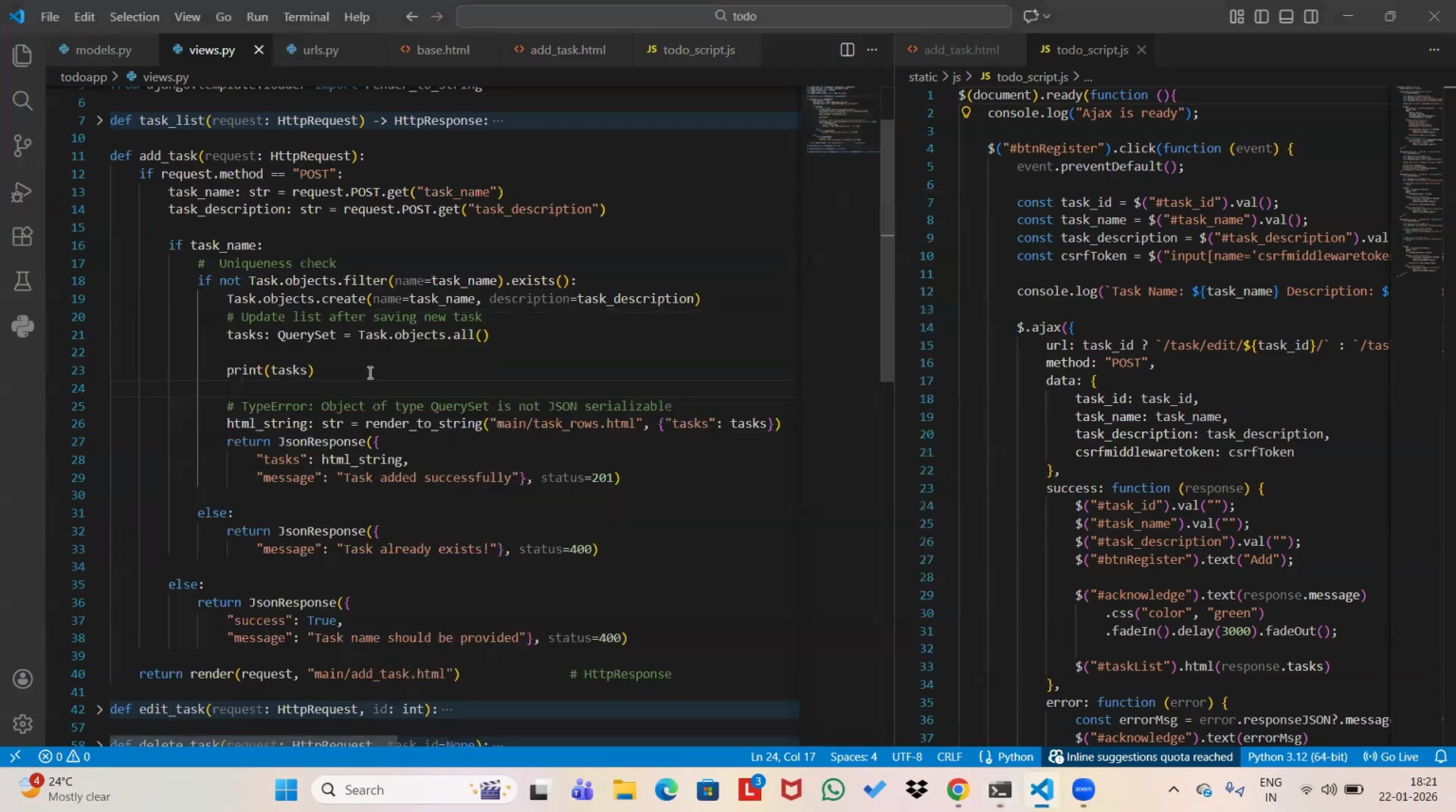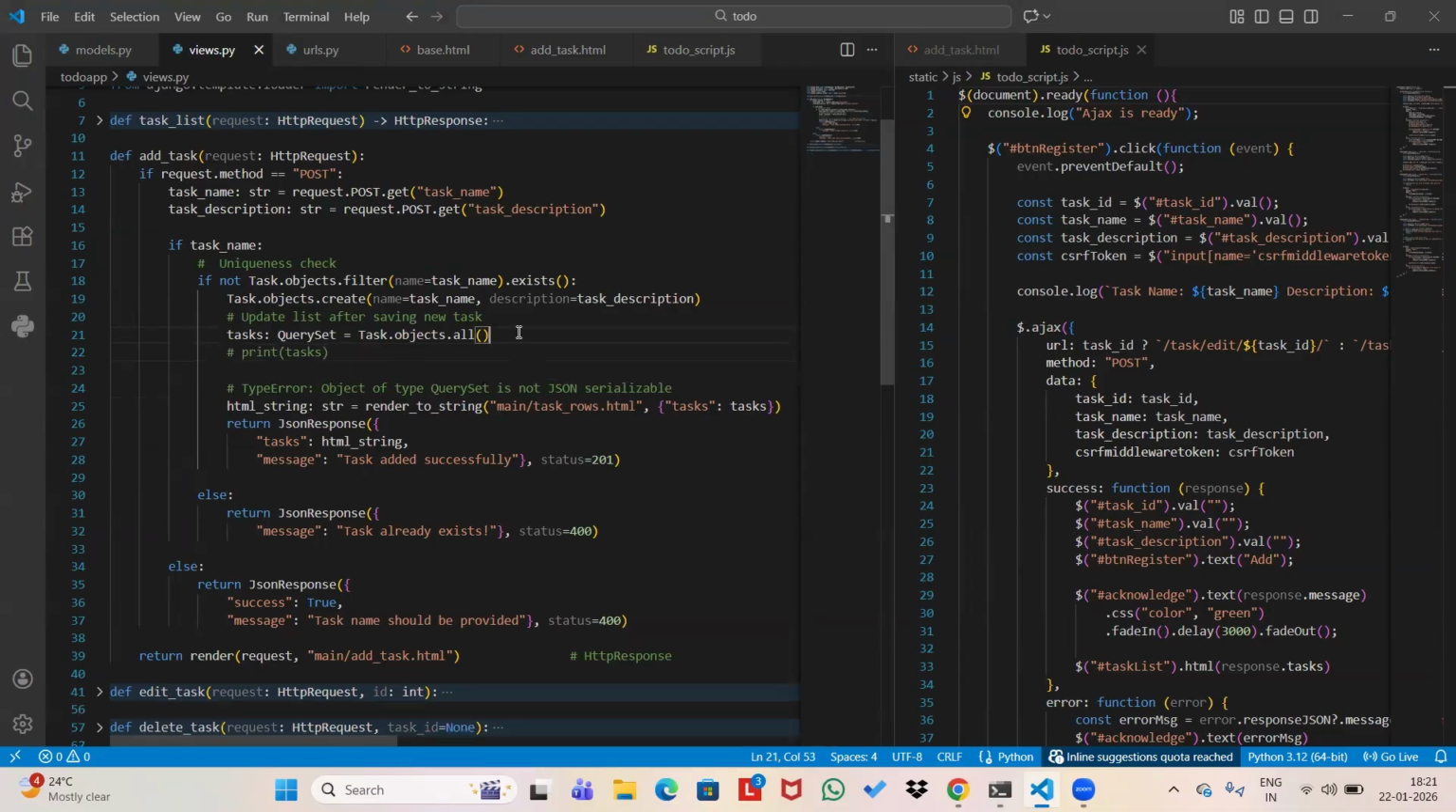So you have already seen this. Now let me comment this one. Okay. So it will get stored in this task, and now we will go for the type error: objects